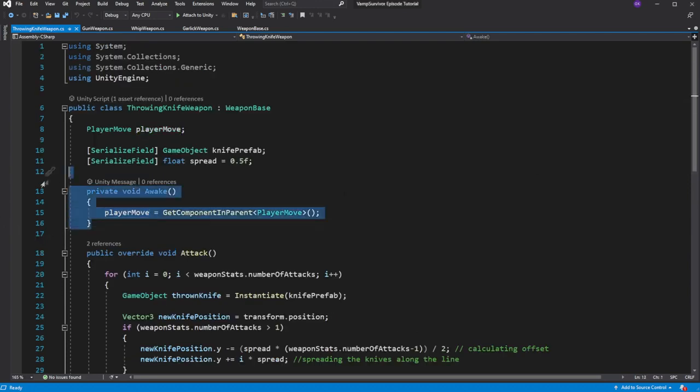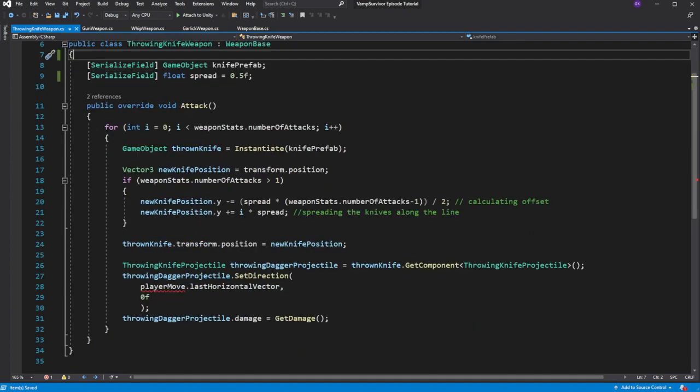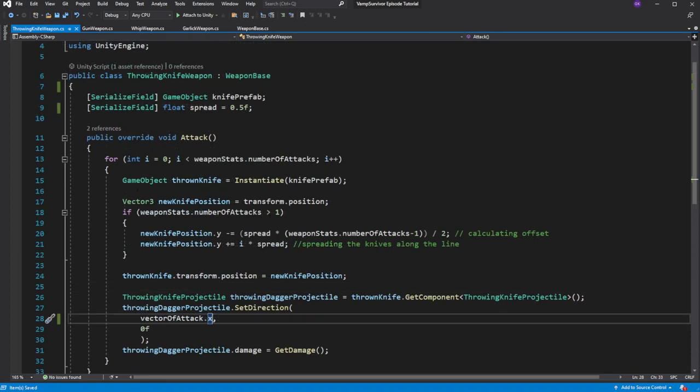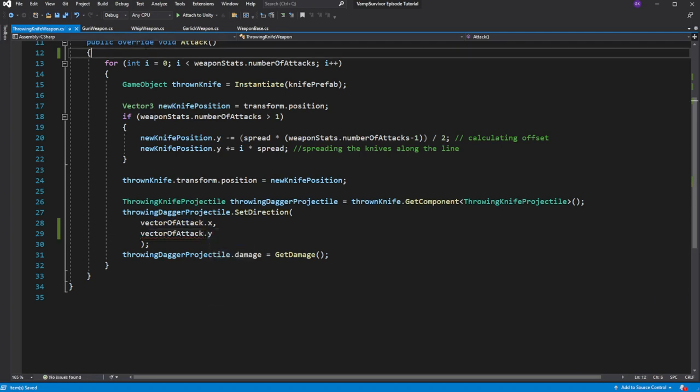And go to the move player part. Then use vector of attack to pass the vector to the direction where our knives will fly. Remember that before doing any attack you have to call update vector of attack.